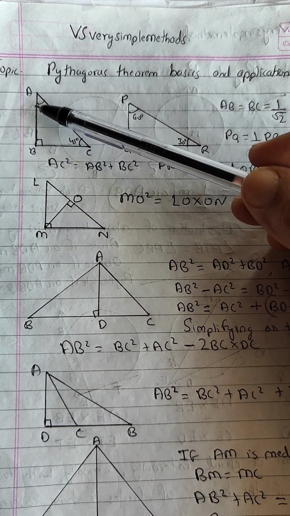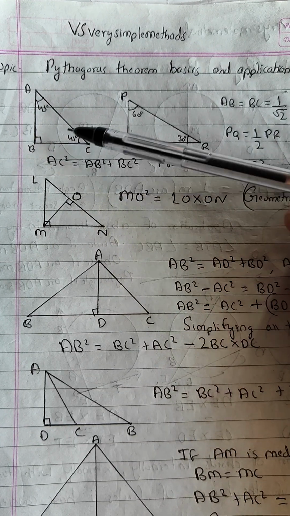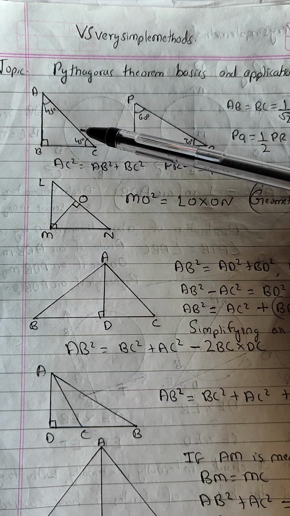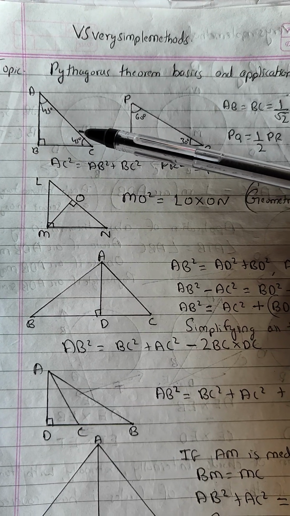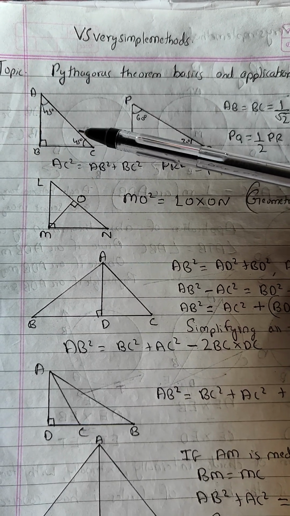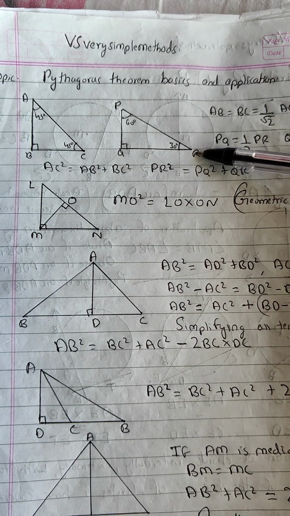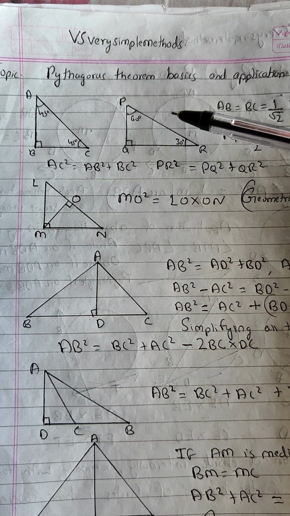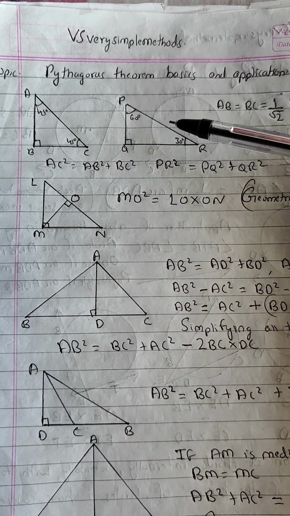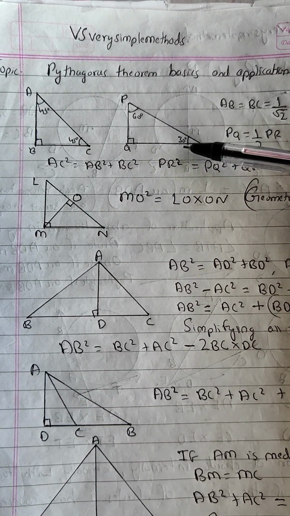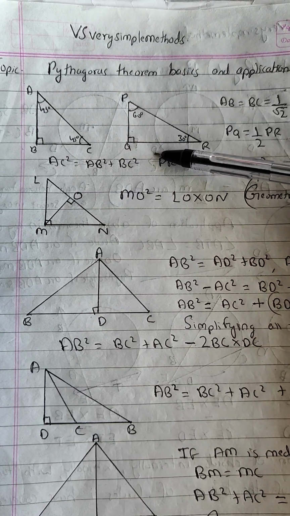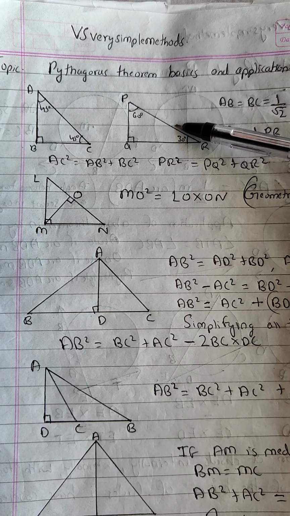Suppose this is maybe 3 centimeters and 3 centimeters, so this one might be 4 centimeters or 5 centimeters. I'm just giving you a random example. These are not the actual sides. Similarly, in this case, if this is maybe 3 centimeters, this might be 4 centimeters, this might be 5 centimeters. All I want to highlight is that the side opposite to 30 will be the smallest one, opposite to 60 will be bigger than that, and opposite to 90 will be the biggest one.